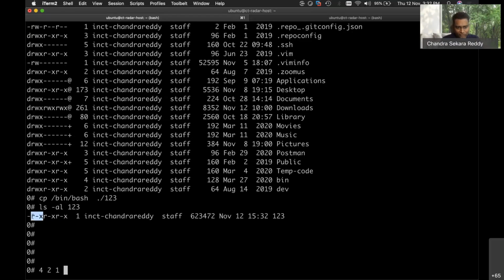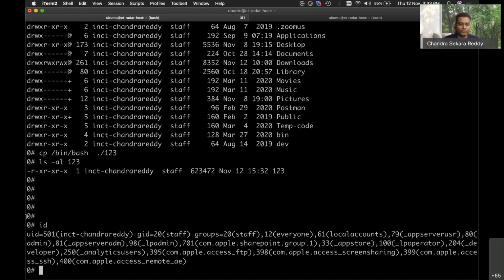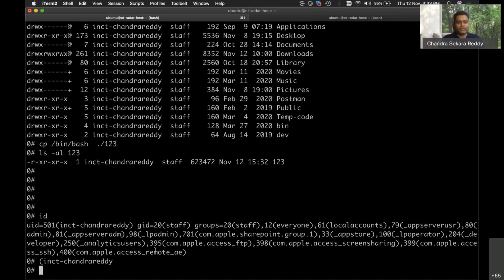However, there is one more additional bit in the beginning. That is very important to understand. That is called the set bit. What does it mean? Let me type id now. If you see, my user ID is my username, and the user ID is 501. Suppose if I get into,